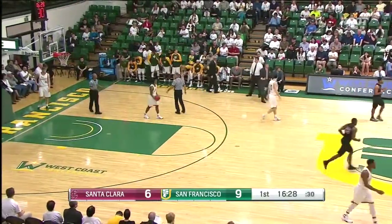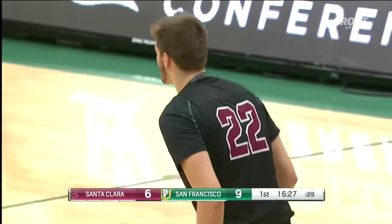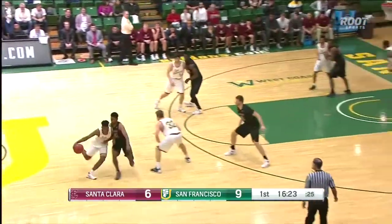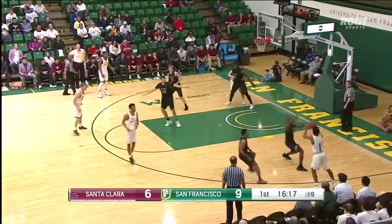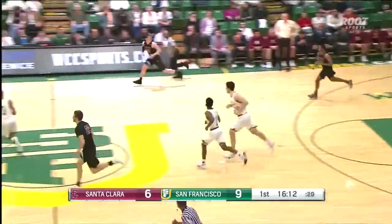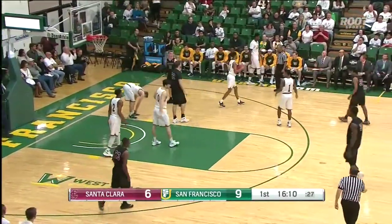Offensive foul, Santa Clara, number 22, Matt Hubbard. So Matt Hubbard, who just came in the game, number 22, and he gets called for a foul. Hubbard picks up his first. 9-6 Dons. USF 5th in the conference in scoring. They average 76 points per game. Santa Clara, on the other hand, 9th in scoring. They average 66.5 points per